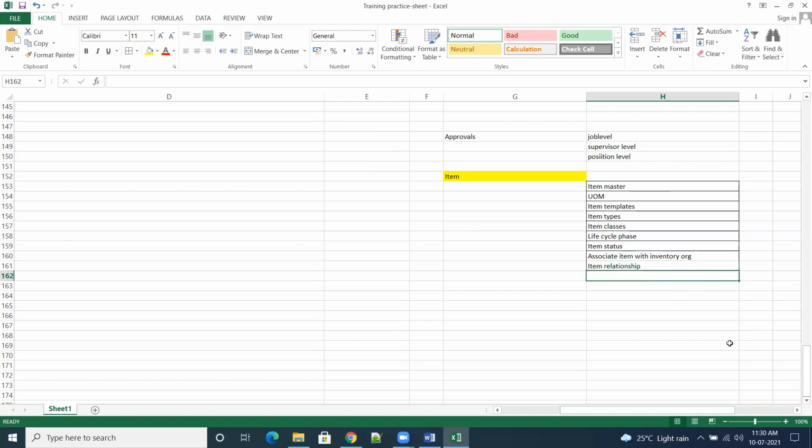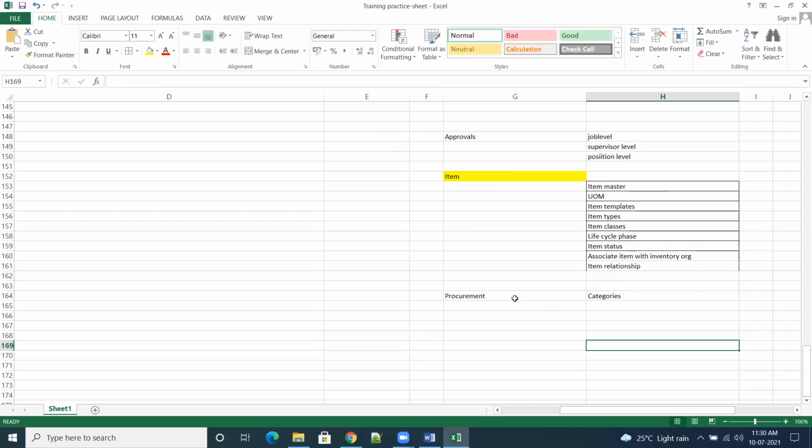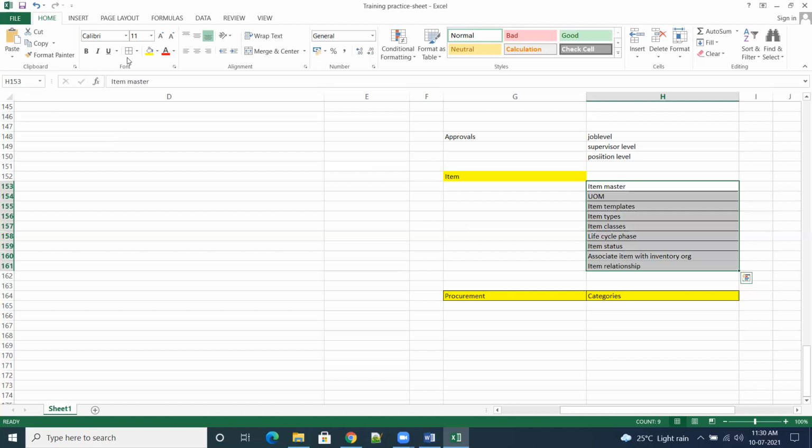And item categories. Categories, anyhow, we are not defining here. Categories are defined in procurement. See, in the cloud, whatever item you are defining, you have to map it with a category. That is the concept in the cloud.